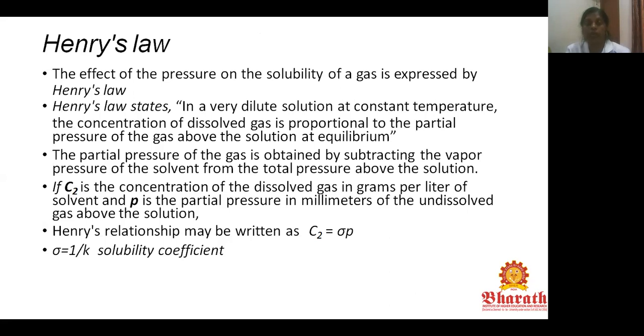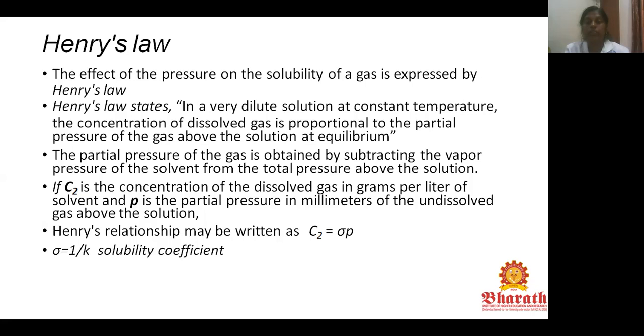So the effect of the pressure on the solubility of the gas is expressed by Henry's law. Henry's law states that in a very dilute solution at constant temperature, the concentration of dissolved gas is proportional to the partial pressure of the gas above the solution at equilibrium. So the partial pressure of the gas is obtained by subtracting the vapor pressure of the solvent from the total pressure above the solution. If C2 is the concentration of the dissolved gas in grams per liter of the solvent and P is the partial pressure in milliliter of the undissolved gas above the solution,